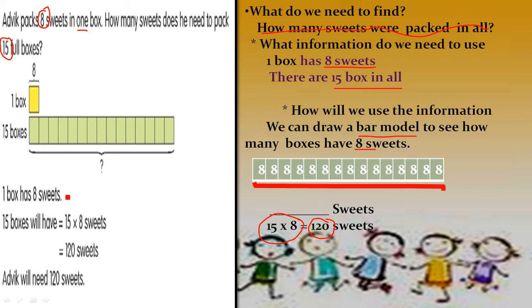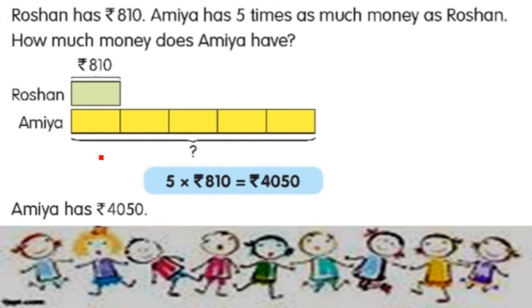Another way of doing it. Instead of writing, we have just put a question mark here and we can find out the answer by multiplying. So dear children, if we find out that we have to repeatedly write a single number again and again, it means this is the sum of multiplication. Let us take another question.